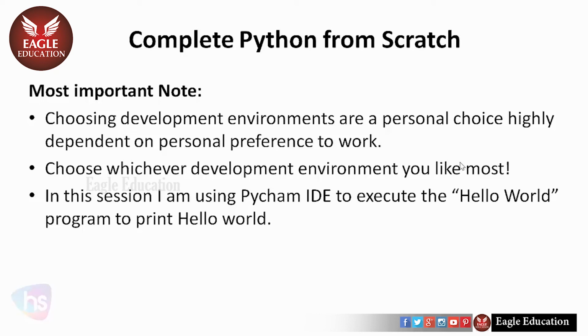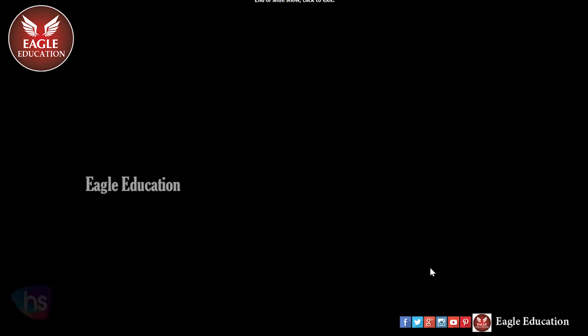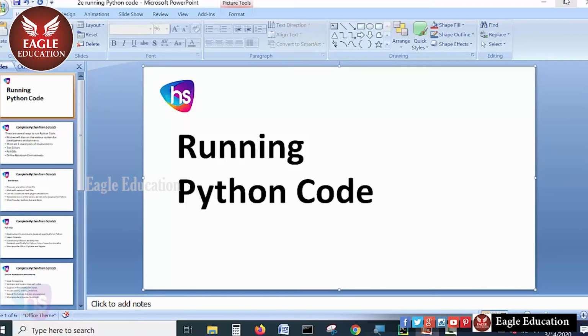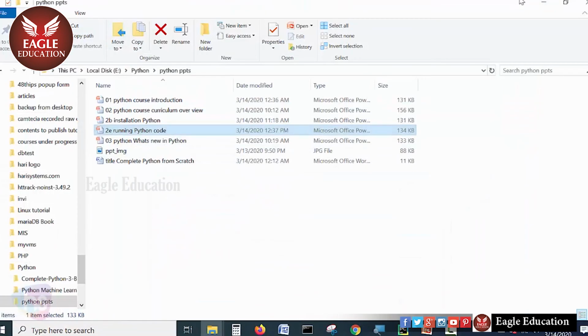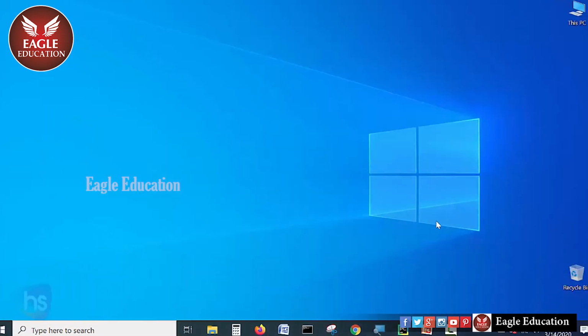My suggestion for Python is to go for PyCharm Community Edition, which is an IDE. In this session, I'm going to demonstrate how to use it and write a Hello World program, execute the program and print Hello World. It's very simple, as we will see here. Once you start the PyCharm IDE and run it, now you will see here,